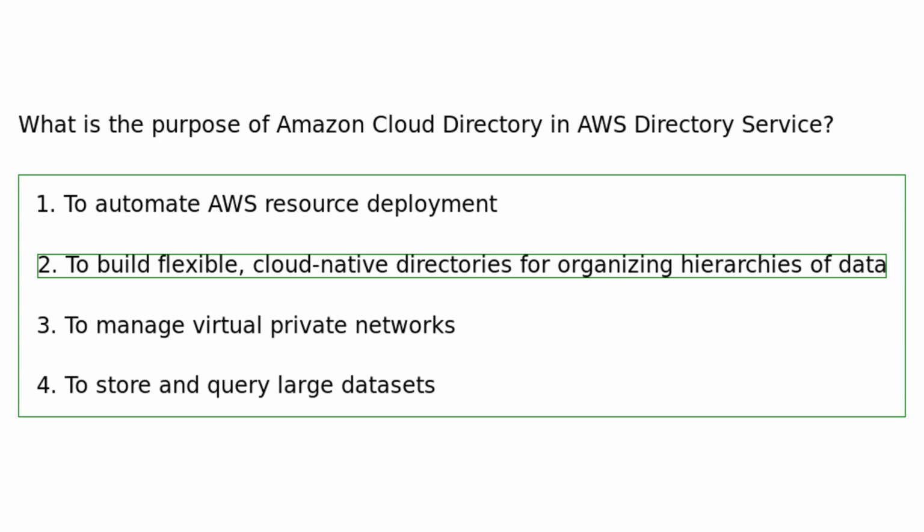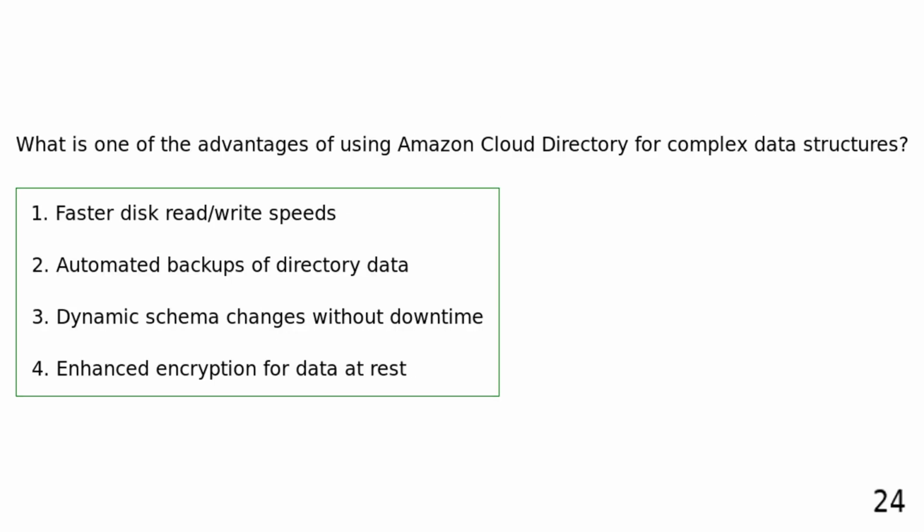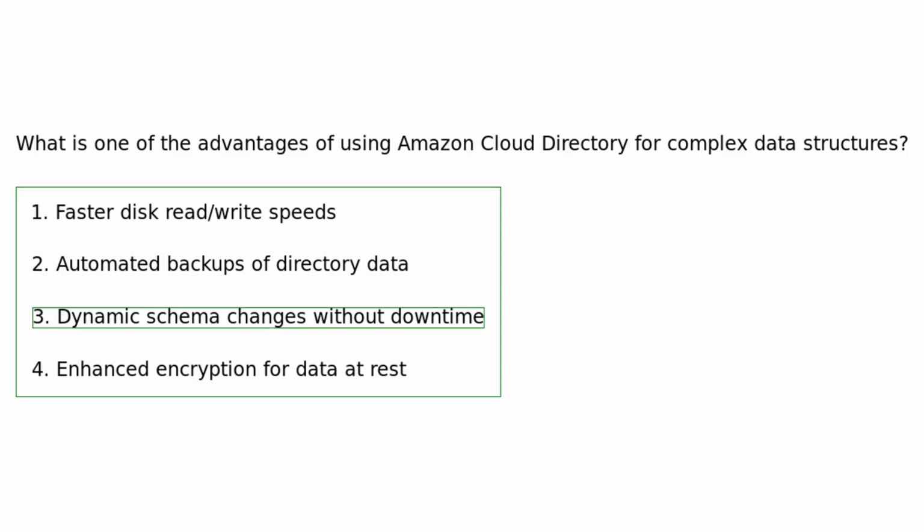various use cases. What is one of the advantages of using Amazon Cloud Directory for complex data structures? Faster disk read/write speeds. Automated backups of directory data. Dynamic schema changes without downtime. Enhanced encryption for data at rest. Amazon Cloud Directory allows for dynamic schema changes without downtime, enabling users to modify data structures as needed without disrupting